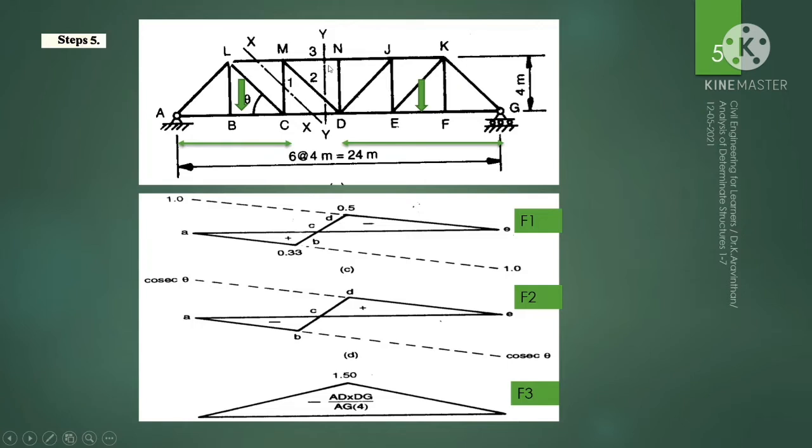So the member 3 is purely compression while the load is moving at region 1, 2 or 3. The member 3 is purely in compression, so you can see a triangle here. And when the load is exactly at the point D, there was the maximum compression, and this is the understanding of this